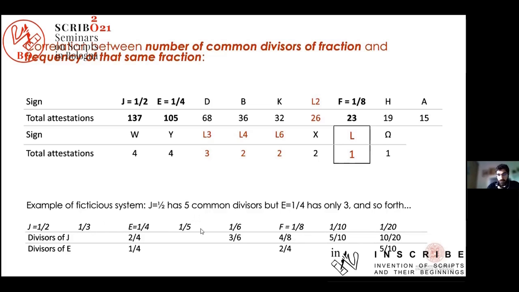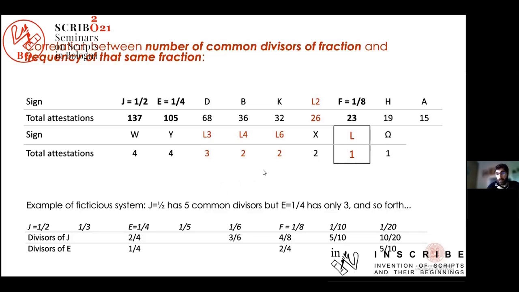Then we have signs for 1/3, 1/5, 1/6, 1/10, and 1/20. In this system, 1, 2, 3, 4, 5 signs will have common divisors with J. So J has 5 common divisors, and E will have 1, 2, 3 signs with common divisors. So again, J has more common divisors than E, and J appears as more frequent than E. This doesn't need to be an absolute rule, but if this principle is to work, there should definitely be a certain rank correlation in terms of how many common divisors a sign will have and how frequent